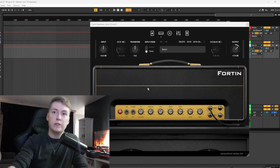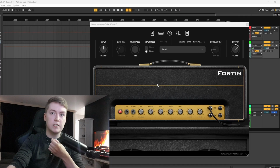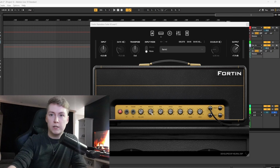Okay, so let's start with the amp settings. This is how I use it. This tone is more for the later albums such as The Stage. It's not quite as aggressive as City of Evil or the self-titled album, but this is one of my go-to tones for Sevenfold. So I got the mic set at around 5, the presence on 6,